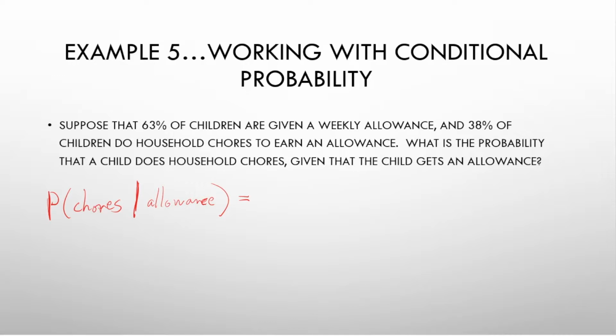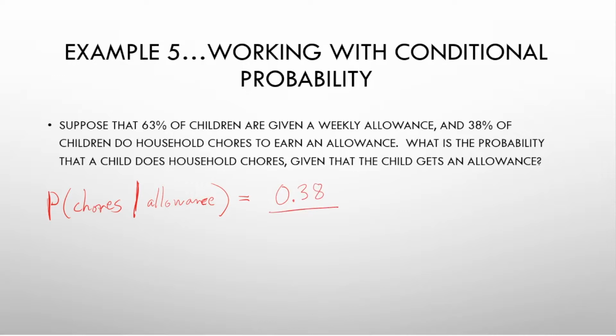On the top here, we want the probability that they do both, so that they do chores and earn an allowance. What is that probability from this problem? 38%, right? It says 38% of children do household chores to earn an allowance. So that means they do both. That is the and. It's not always going to have the word and directly in there, but if you can infer that they're doing both things, that's how we find it. So there I have 38%, so 0.38